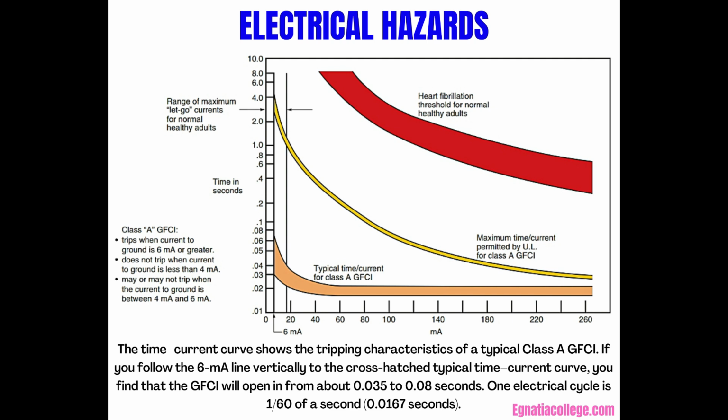such as water pipes, metal sink rims, grounded metal lighting fixtures, earth, concrete in contact with the earth, water, or any other grounded surface. This figure shows a time current curve that indicates the amount of current that a normal healthy adult can stand for a given time. Just as in overcurrent protection for branch circuits, motors, appliances, and so on, it is always